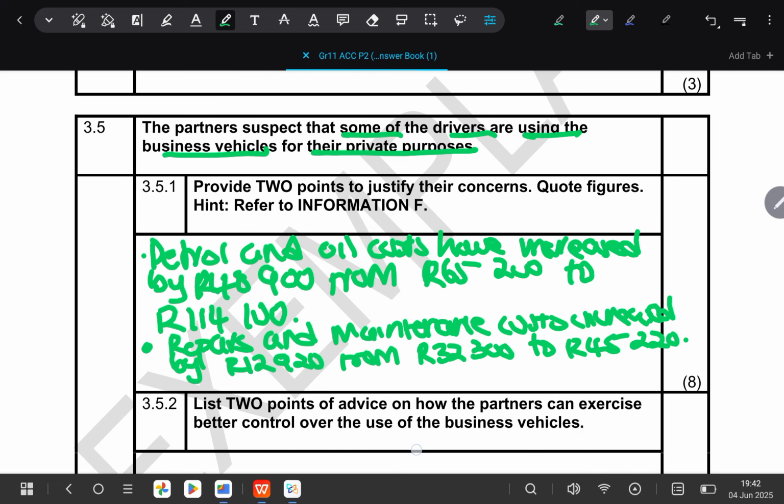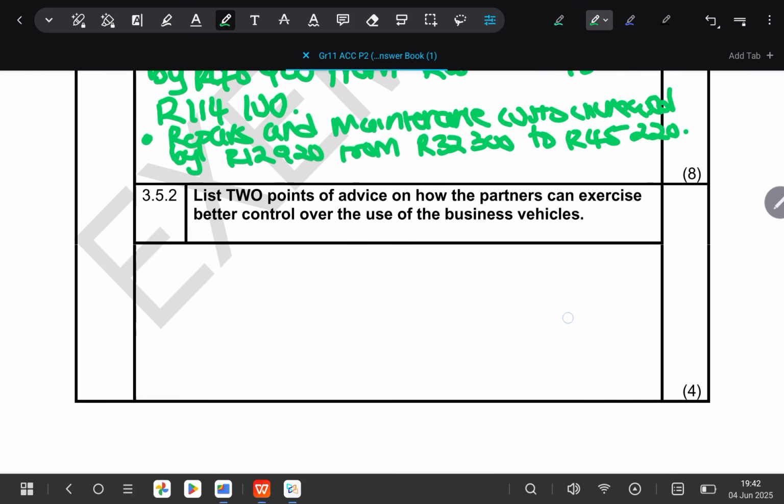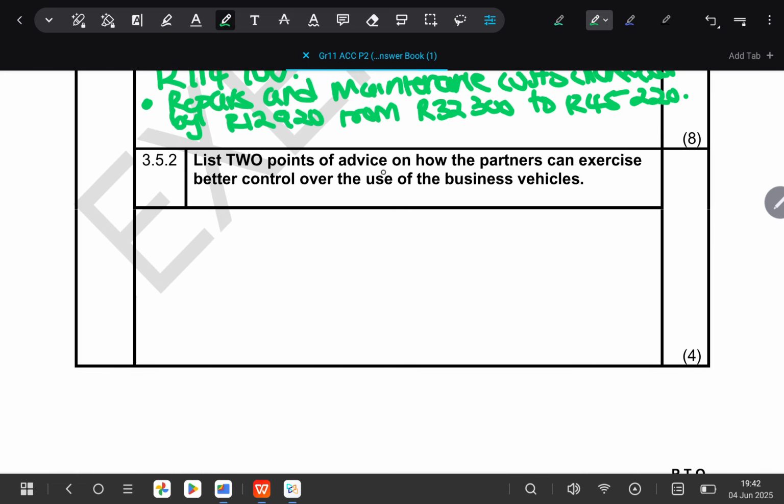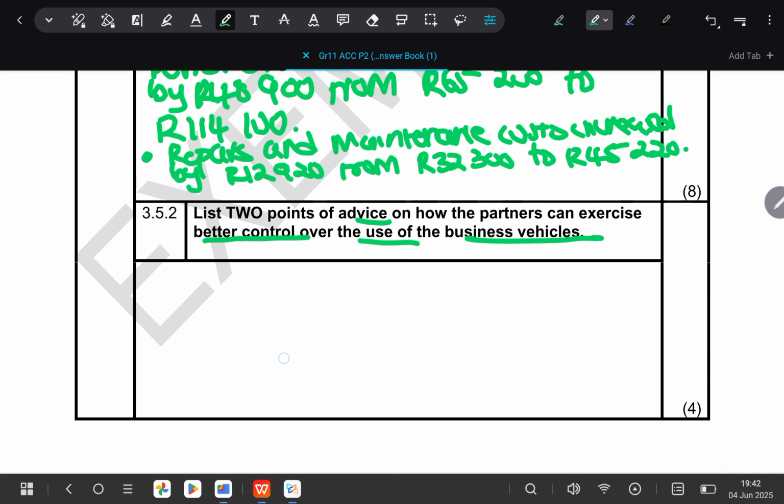Are we together? Then next, they are saying list 2 points of advice on how the partners can exercise better control over the use of the business vehicle. So how can they make sure that those vehicles are used very well? What are the actions that they can do? Number one, they can install trackers on vehicles, right? Number two, they can use